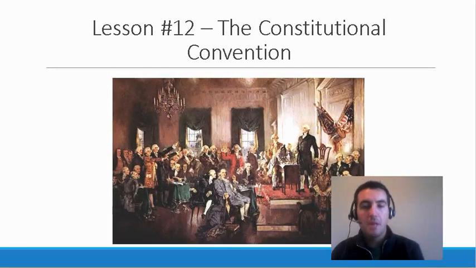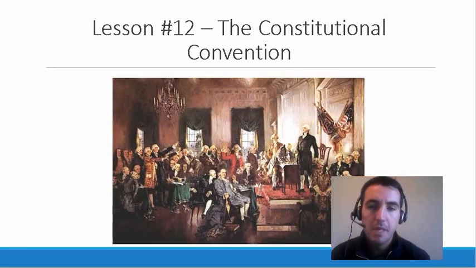Lesson number 12, the Constitutional Convention. So in the last lesson and topic, we looked at the Articles of Confederation, and the main thing that I wanted you to realize about the Articles was that they weren't very good, and that the people that were running the United States at the time realized that the Articles of Confederation just weren't going to cut it, and that there needed to be some changes to that document, and eventually that desire for change to the Articles of Confederation